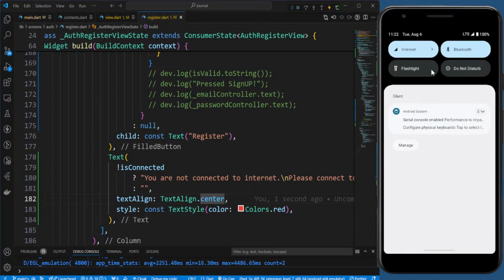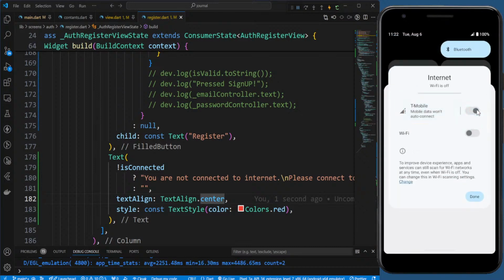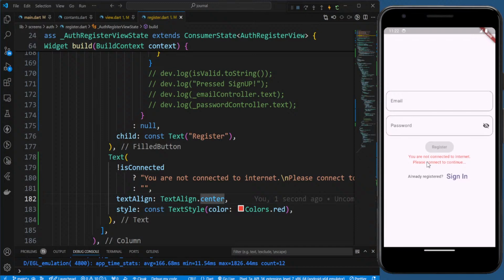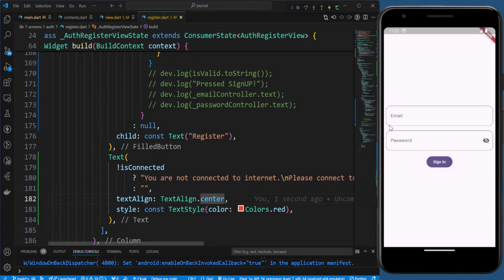And if you disconnect, you get this warning. So this is what we want. So if you're not connected, you cannot register also, right? So this is one. But on the sign in view, if you go to sign in, right, then you don't get the same thing again, right? Here also the same problem. But there is one problem, right? So if you go to sign in, if you don't have